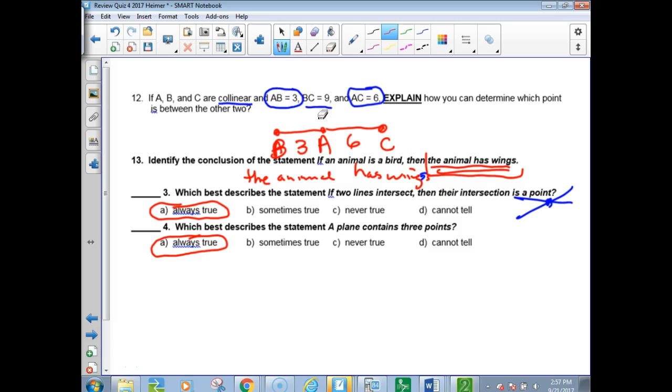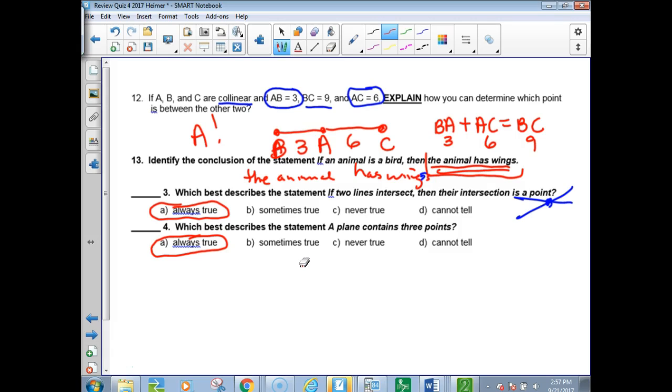Take the two, so don't assume it's an order by letter order or anything. You've got to do something else. So in this diagram, that's because BA plus AC equals BC. Do you see what I'm saying now? BA plus AC equals BC because BA was 3, and I'm allowed to flop the letters, plus 6 equals 9. That's why. So it's A that has to be in the middle